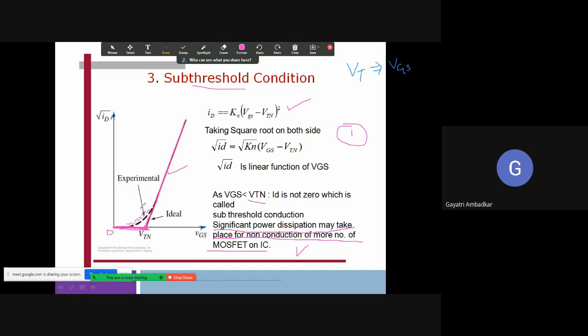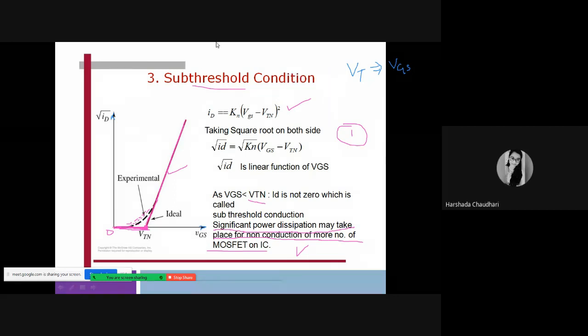Did you understand these two parameters? Yes or no? Yes, ma'am. Two non-ideal parameters we learned today. One is